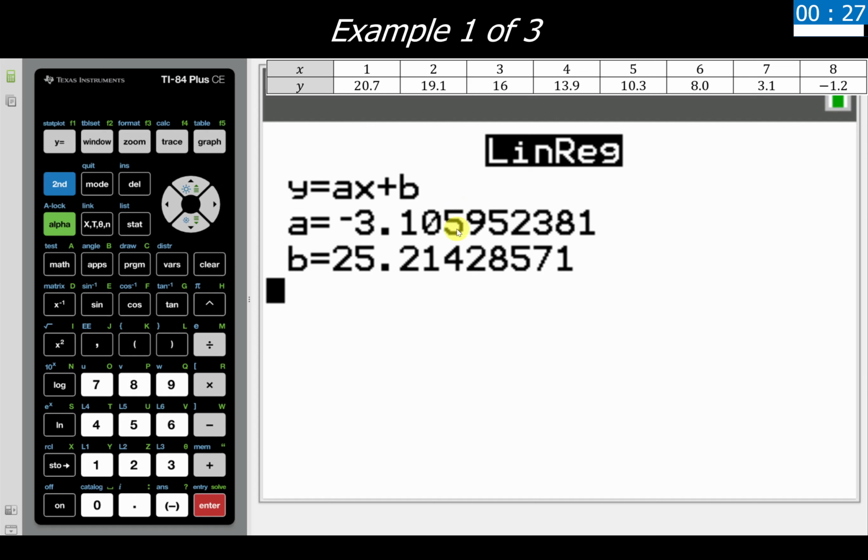I'm rounding to 3 decimal places. I look 1 beyond and would round this up to a 6. My b value would therefore be 25.214. And there I would have my overall linear equation of y equals negative 3.106x plus 25.214. And that would be my final answer for this problem.